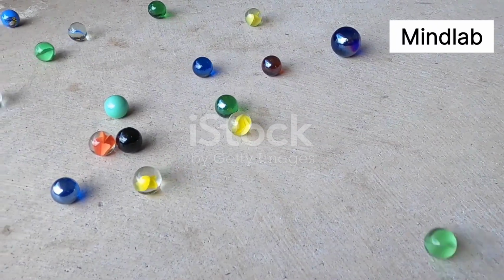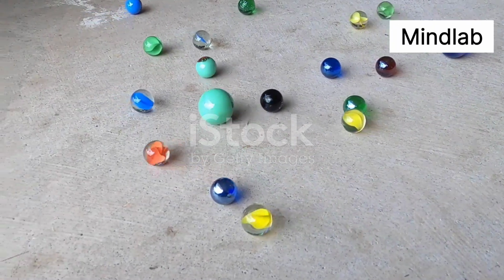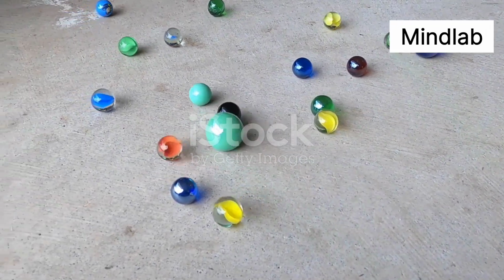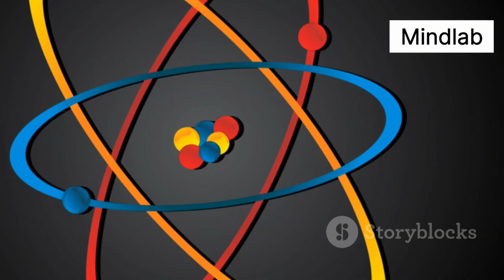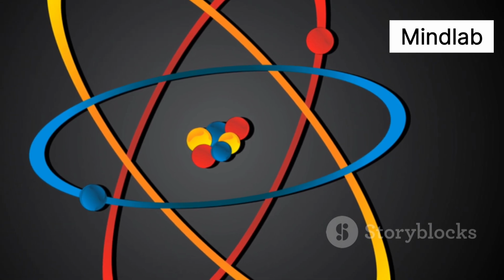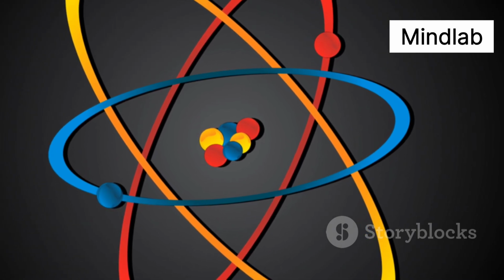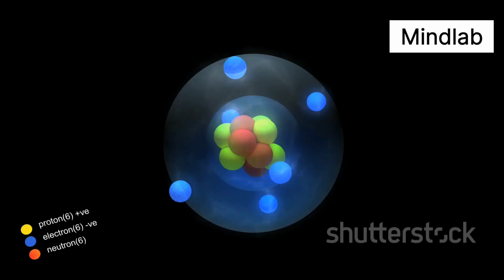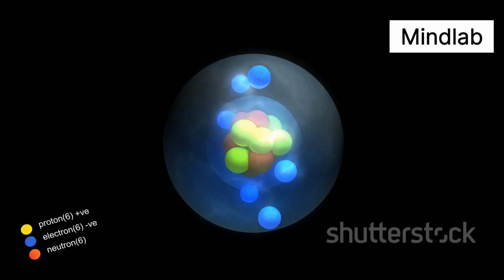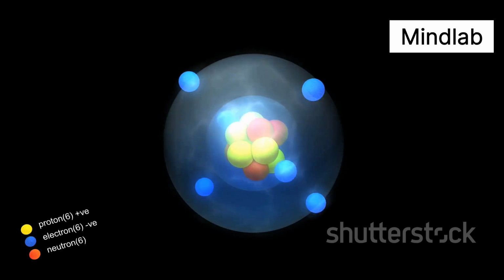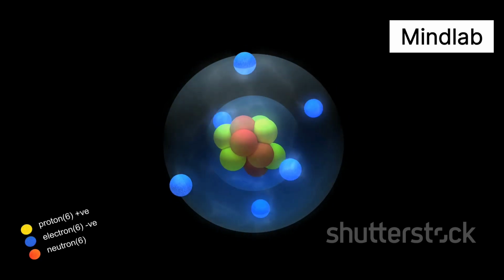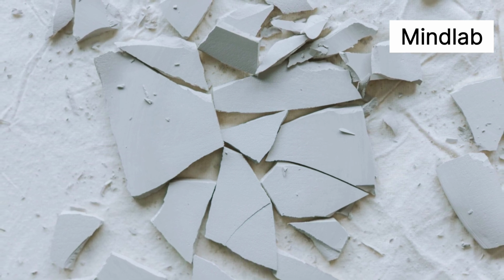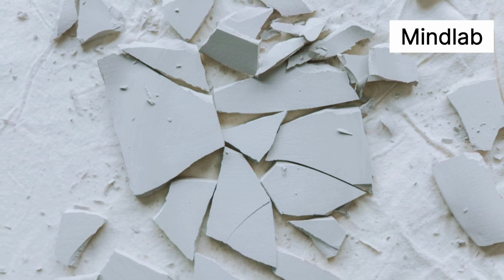For centuries we imagined atoms as solid, unbreakable marbles, the ultimate building blocks. They were thought to be the tiniest, most fundamental pieces of the universe, like cosmic Lego bricks. But science revealed a deeper truth. Atoms have structure, more like tiny solar systems than marbles. Electrons whirl around a dense center, much like planets orbiting a sun. They're made of even smaller parts, protons, neutrons, and electrons. Each of these particles has its own unique properties and roles working together to form the atom's identity. This discovery shattered the idea of the uncuttable atom. Suddenly, the universe seemed even more complex and mysterious.